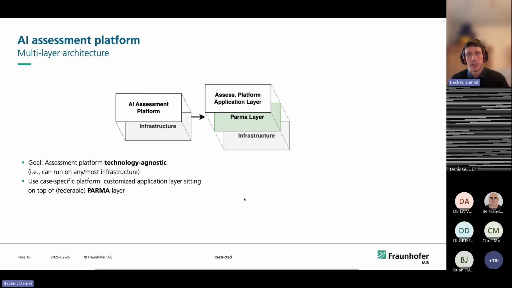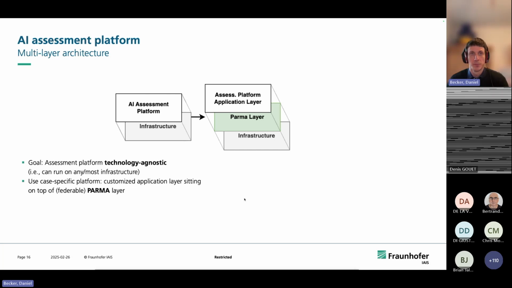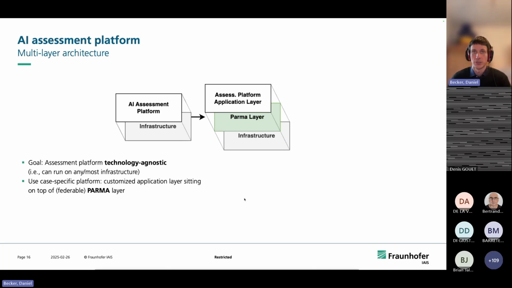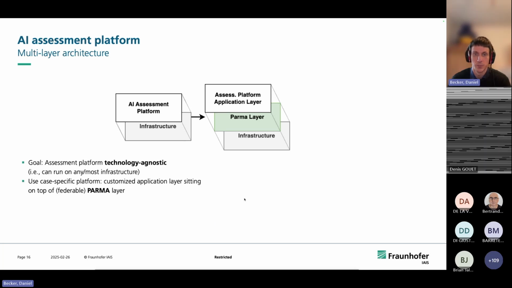The way we see it, the Parma layer can provide some basic functionality that is compatible with all these scenarios, but in many cases it might not be feature rich enough to implement all the features that we need for a particular assessment application, like the examples I showed you in the previous slide. So there will probably be an assessment platform application layer on top of Parma, but Parma itself is then this federated layer that provides the base functionality, though it's still very abstract.